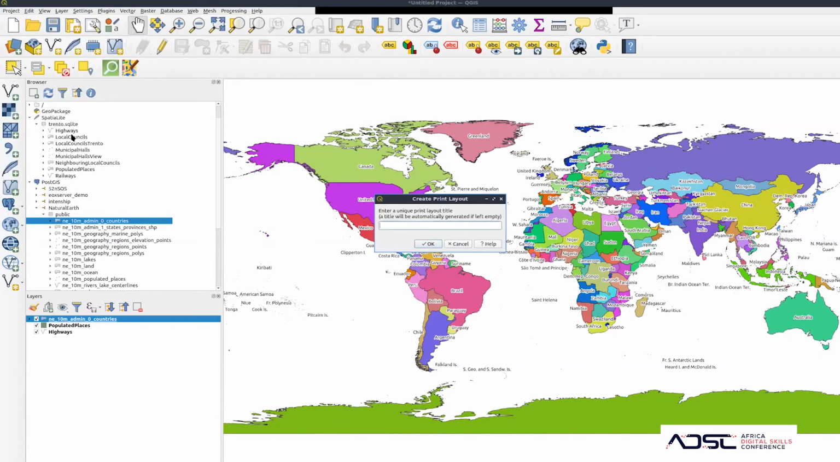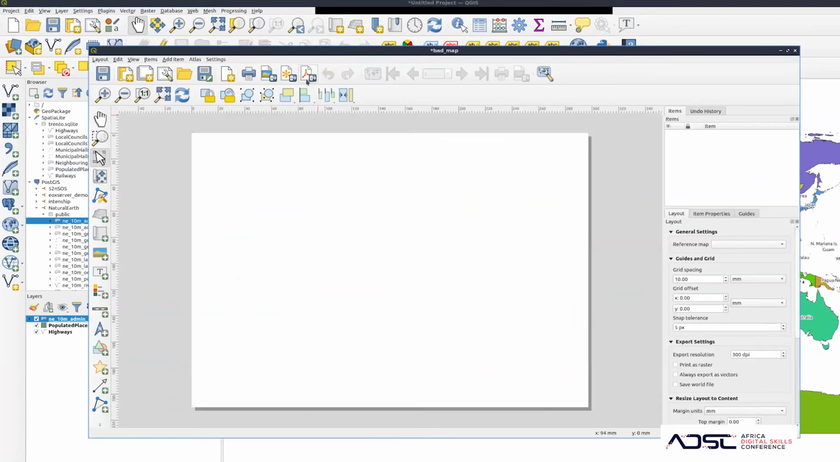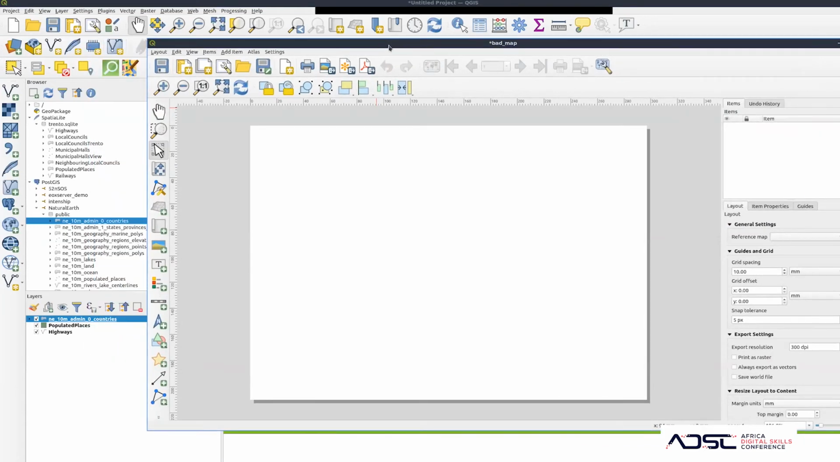print layout. So with print layout, I'll just call it a bad map. And then it opens up a new window. This window is called the print layout. This print layout might be tiny, useless a bit, but this is the interface that you use,